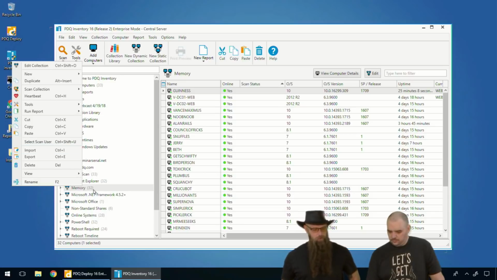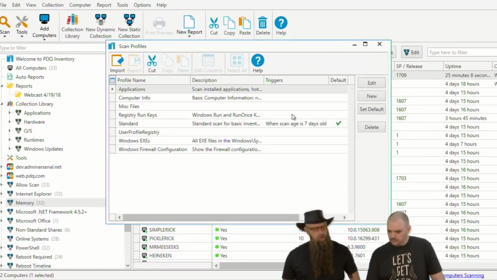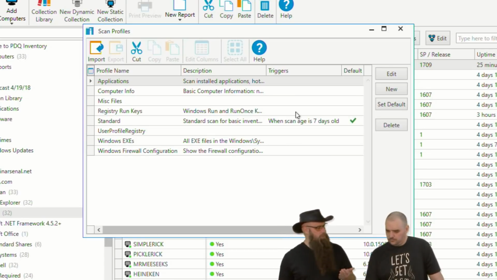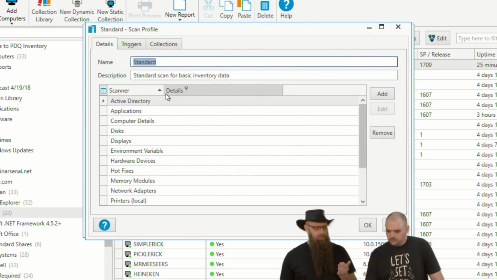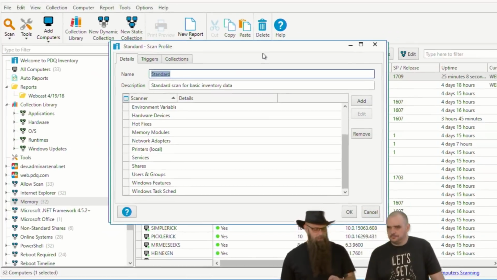Let's go ahead and go to our options and scan profiles. So our standard out of the gate is the default scan profile. If you just double click on that real quick, this one will have all of these scanners that you see: Active Directory, applications, environment variables, etc. Kind of all the things we figure people need the most. We don't have any of the custom ones like WMI or files or registry. You can add them,